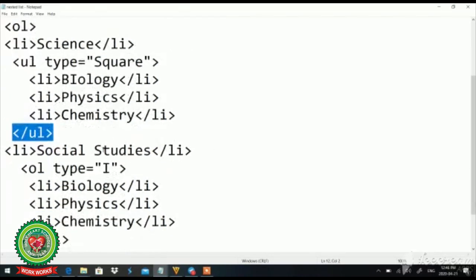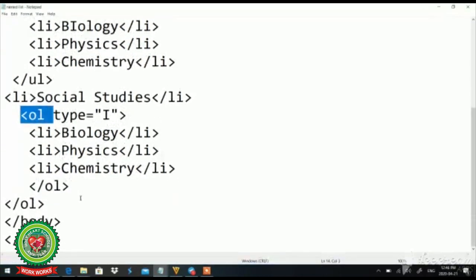After that I have used next li and I'll type social study. Then again I make one more nested list with the OL tag and type with the capital I, means capital Romans. Then I'll type different subtypes of the nested list and at the end I close this list and the top list which I have started, that was the ordered list, it is closed at the end.